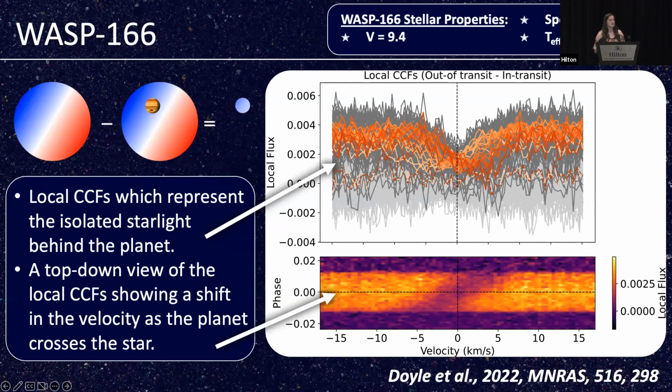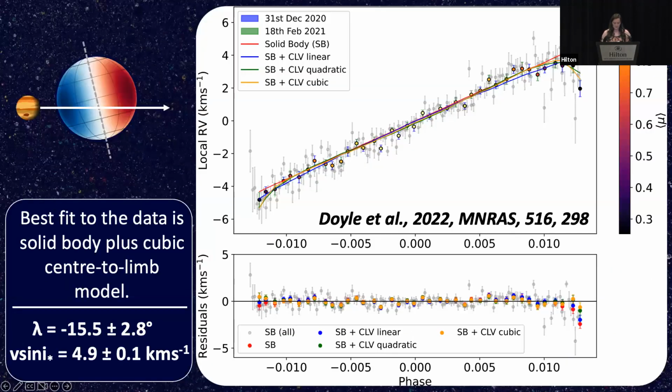For this particular data, the colored lines represent bins of 10 minutes, and that's because we want to increase the signal to noise and also bin out any potential p-modes in the data. So that will be continued for this target. Once we have the local CCFs, we then want to fit a Gaussian to them to extract the centroid,